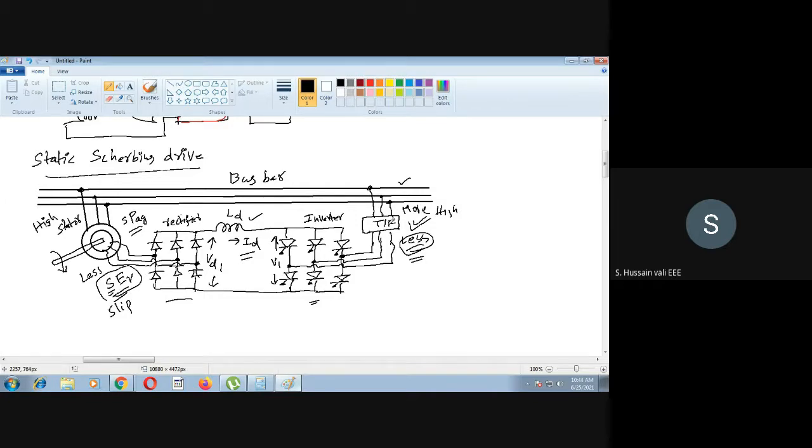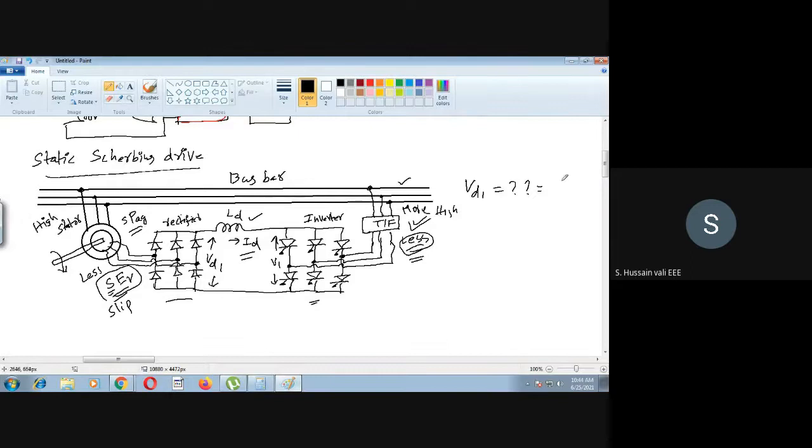Now, using this explanation, we will write some necessary equations. First, what is VD1? We want to write what VD1 is. Now it is a diode bridge, so it is a three-phase diode bridge. What is the formula for the output of a three-phase rectifier? It is a simple formula that we have already got in the previous classes. That formula we will write directly here.